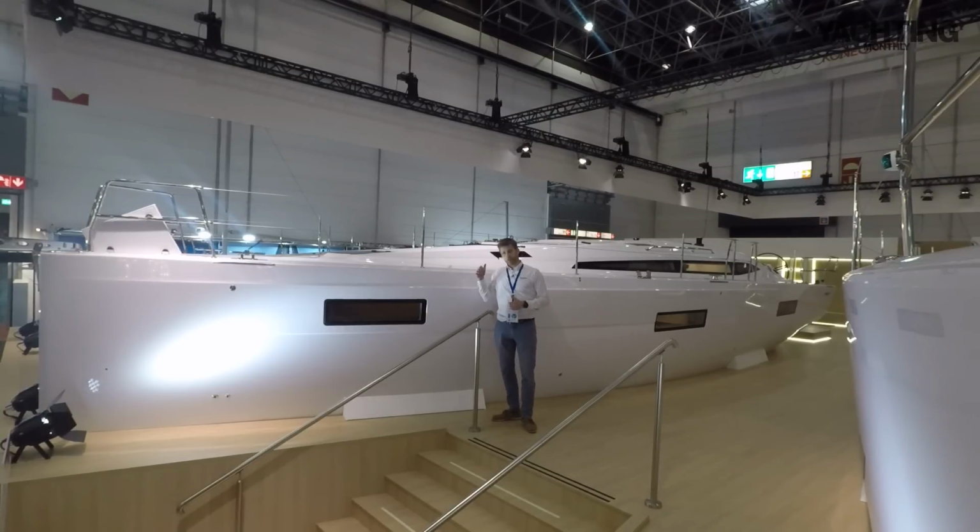She's got twin rudders, which we'll have a look at later, and that really increases the grip on the water and should make this a really fun boat to sail. They've also made it an easier boat to sail by moving the mast aft. It's not stepped at the moment, but that gives more space for a self-tacking jib, which is really easy to